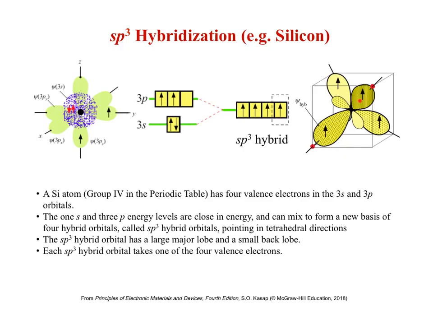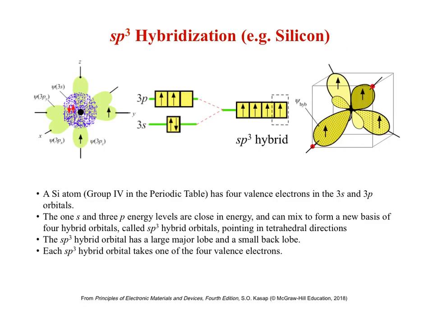Looking like an asymmetric p orbital, the hybrid sp3 orbital has one major lobe with one phase and a small minor lobe with the opposite phase. The 3p plus 1s states makes a new basis of 4 equal sp3 hybrid orbitals. Each of these 4 hybrid orbitals points along one of the corners of a tetrahedron, enabling tetrahedral bonding in sp3